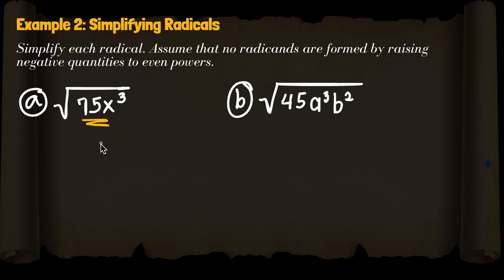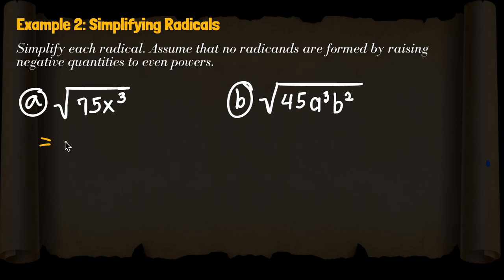So, balikan lang natin ng mga factor na topic natin. Dapat yung perfect square factors ay mas malaki yung perfect square. Okay? And then, syempre, may isang factor doon na hindi perfect square. Then we can apply the product rule and then evaluate the radical with the perfect square radicand. So, paano ba yun? Paano ba natin gagawin yun? So, in this case, meron tayong square root of 75x raised to 3. Ang gagawin natin is split up lang natin yan. Split up natin yung